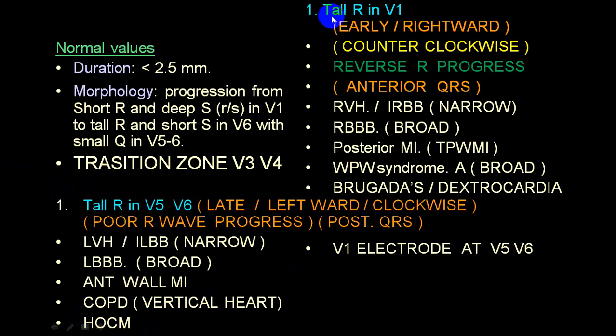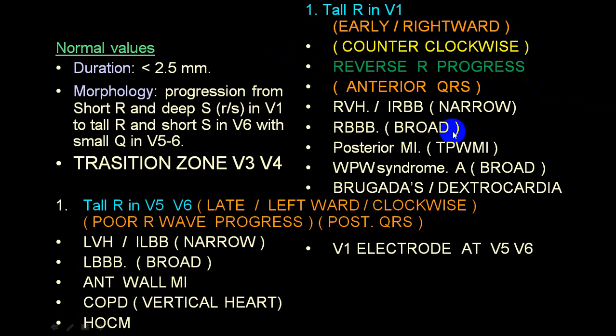While in case of a tall R wave in V1, more than the S wave, you will get an early transition zone, or we call it rightward transition zone, or counterclockwise transition zone, or reverse R wave progression, or we also use the terminology anterior QRS complex. This you will get in RVH, incomplete right bundle branch block,